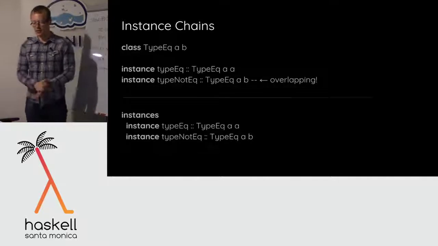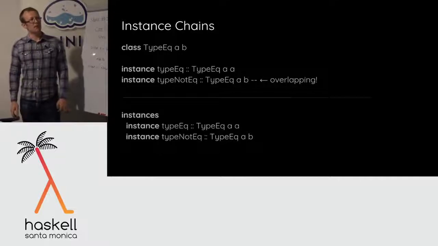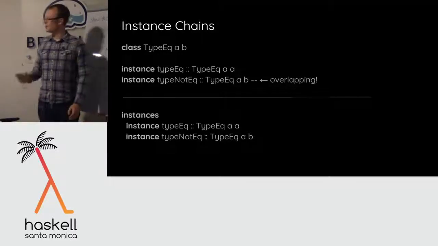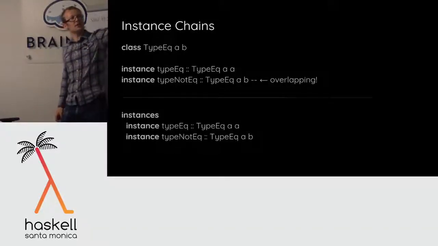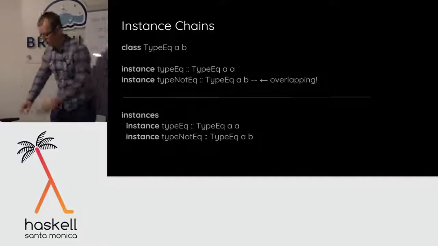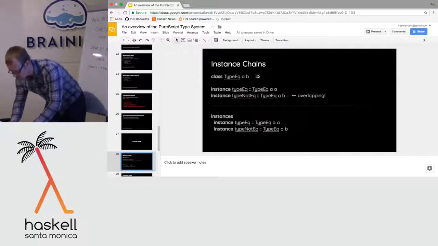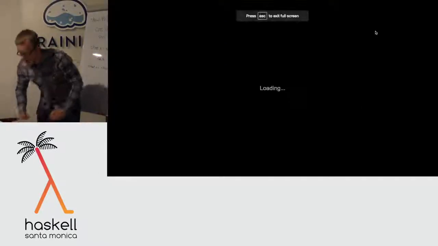Okay, super quickly. Future work, I would really like to have instance chains. It's been on the to-do list for a long time. So the problem, you asked about overlapping before, right? The problem is sometimes you want to write type functions like this, to determine whether two types are equal or not. Did I write this wrong? This is wrong, I'm sorry. So this should say, have some result, where the result is a type level Boolean, right? So those things are equal and these things are not equal. Okay.